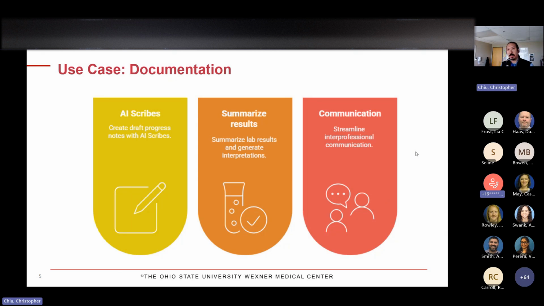Next is summarization of results. I sort of talked about that already, but oftentimes as I see a patient, I'll get all sorts of different results. Sometimes I'll get a CT scan with a lung nodule, and there are multiple ways you can explain it. So